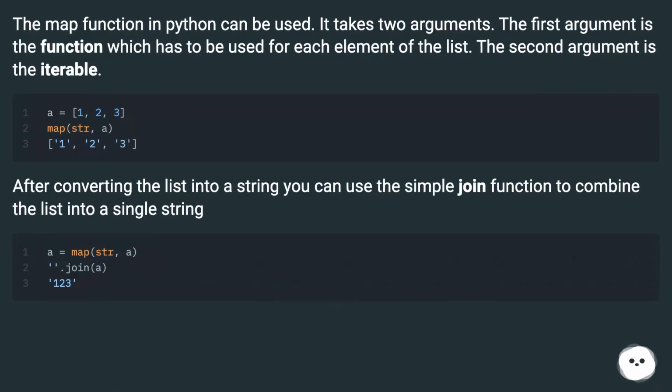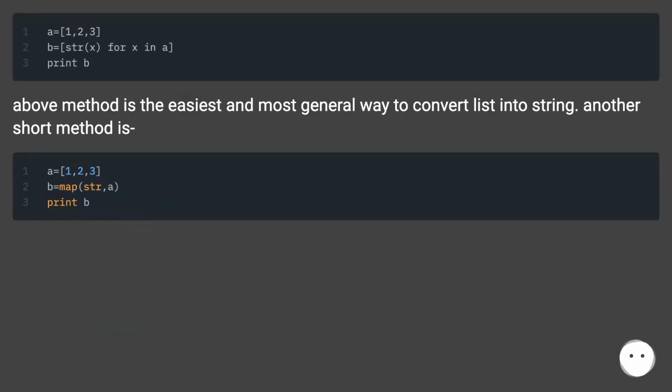The map function in Python can be used. It takes two arguments. The first argument is the function which has to be used for each element of the list. The second argument is the iterable. After converting the list into a string, you can use the simple join function to combine the list into a single string. Above method is the easiest and most general way to convert list into string. Another short method is